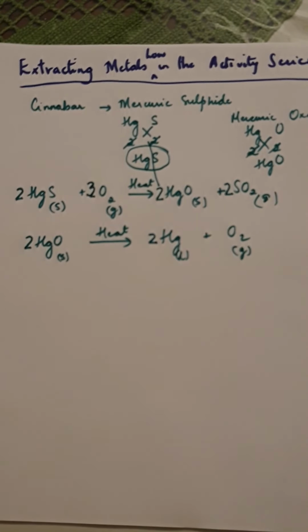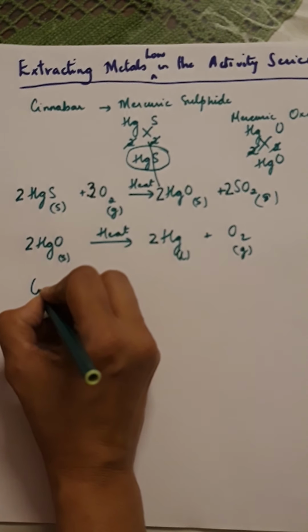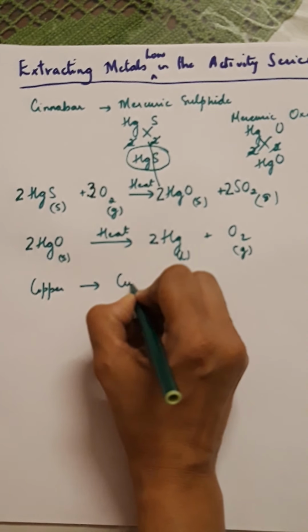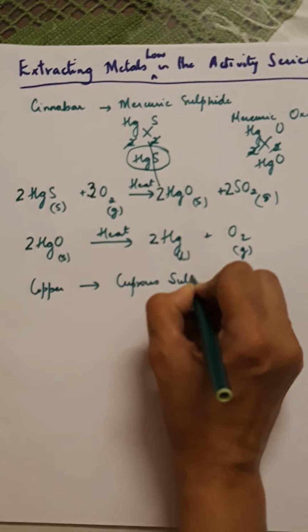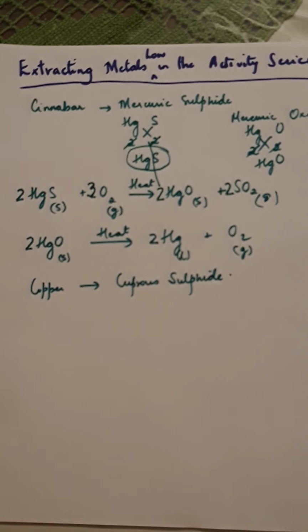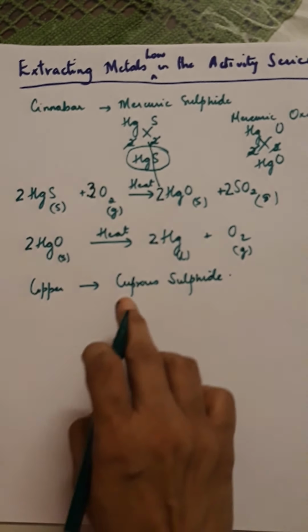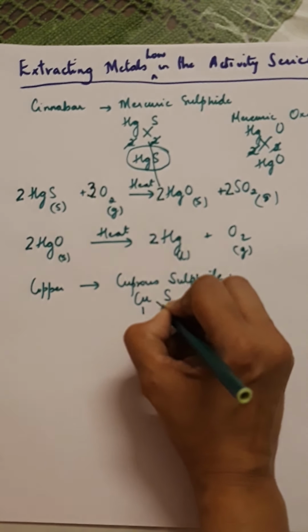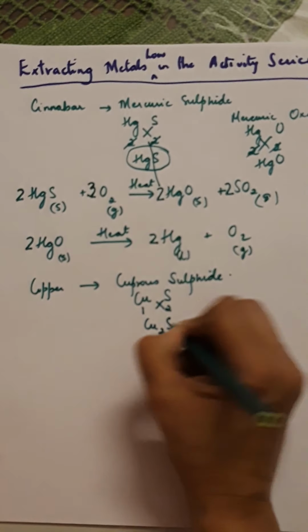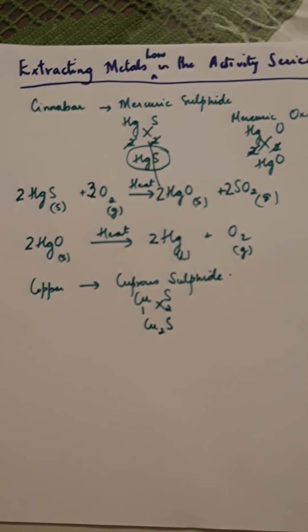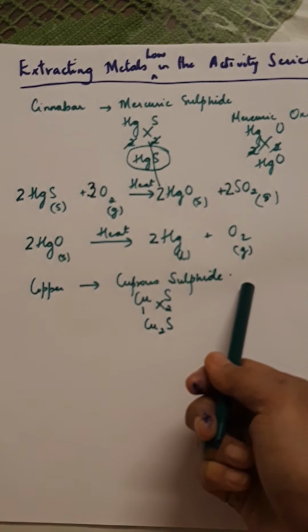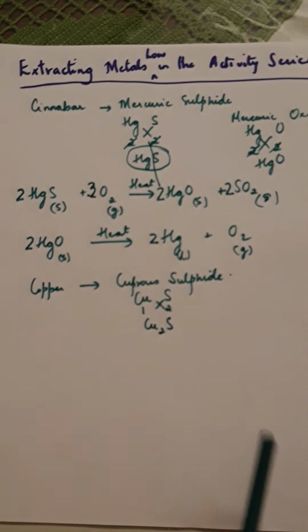Now let's take one more example of copper, how copper is extracted. So copper is found as cuprous sulphide. Now what is the formula of cuprous sulphide? Cuprous is Cu, valency is 1. Sulphide is S, valency is 2. So after you cross multiply, you get Cu2S. Okay, so copper, remember, is found as cuprous sulphide in nature, and it is obtained by just heating it